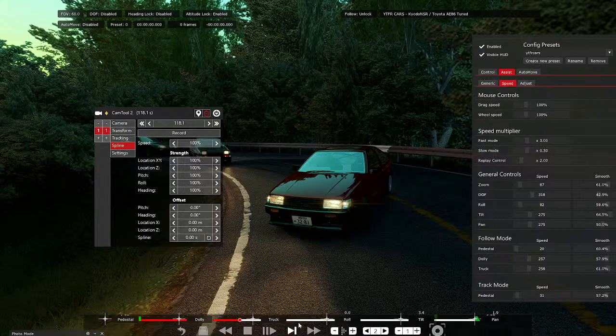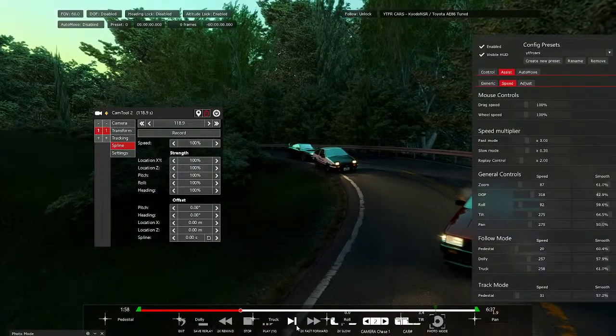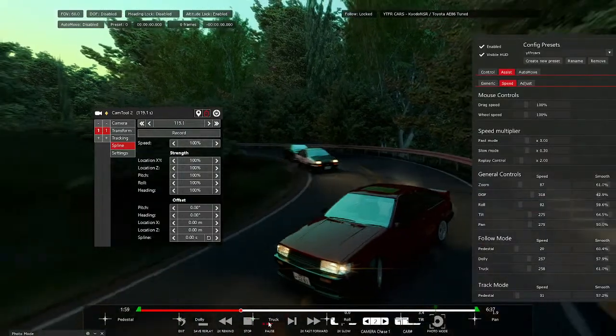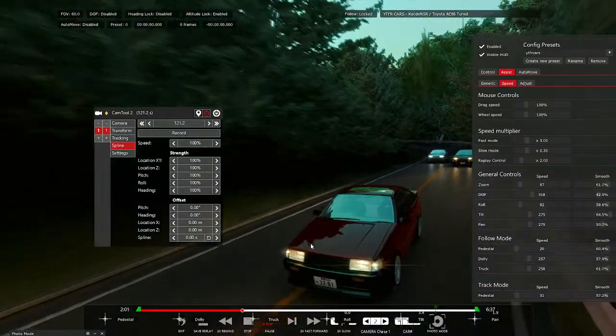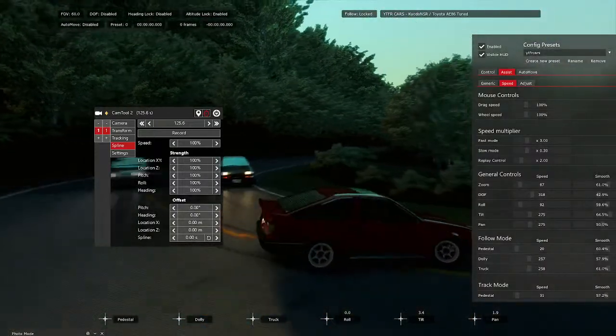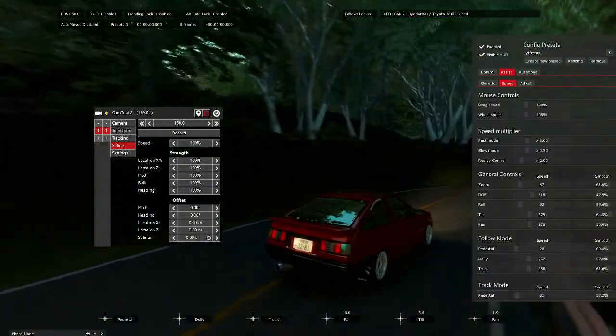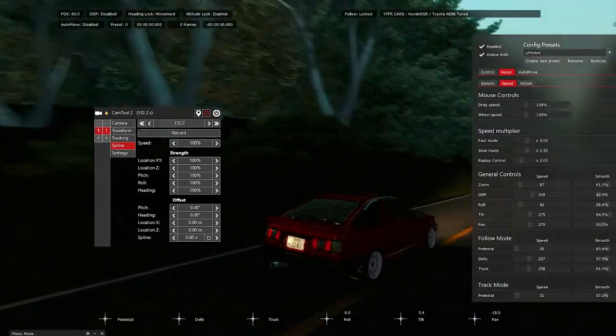Right now it's disabled. I'll keep it locked on for the car. Right now it's disabled, so it's not going to be locked to any sort of position. You see how the 86 is just freely going around. But if I press movement,